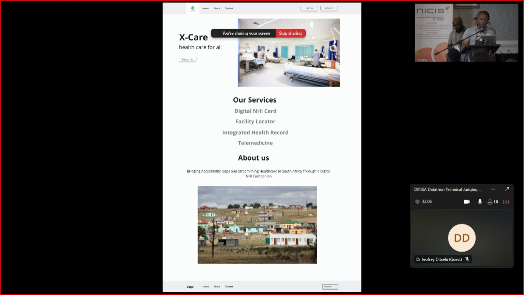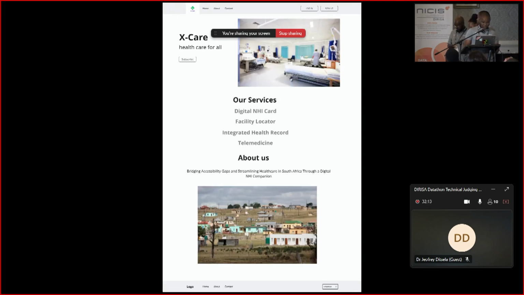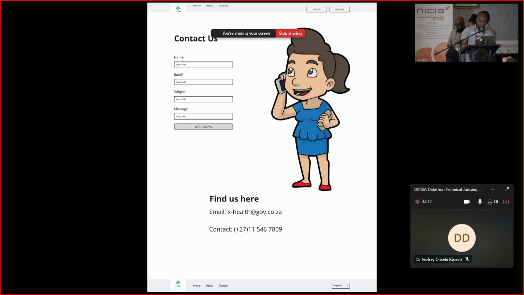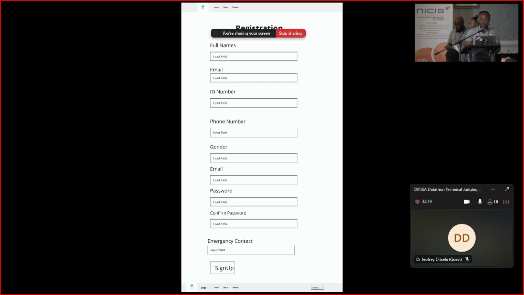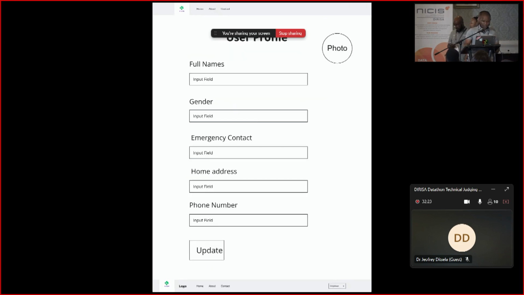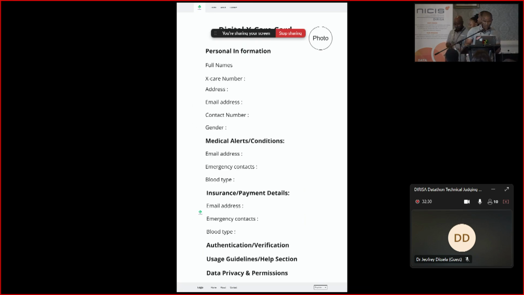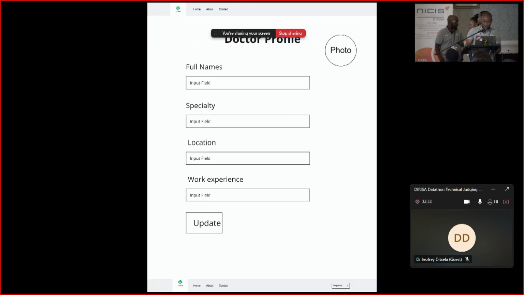Our website will have a landing page, a registration page, a login page, a user profile page, and a doctor profile page.